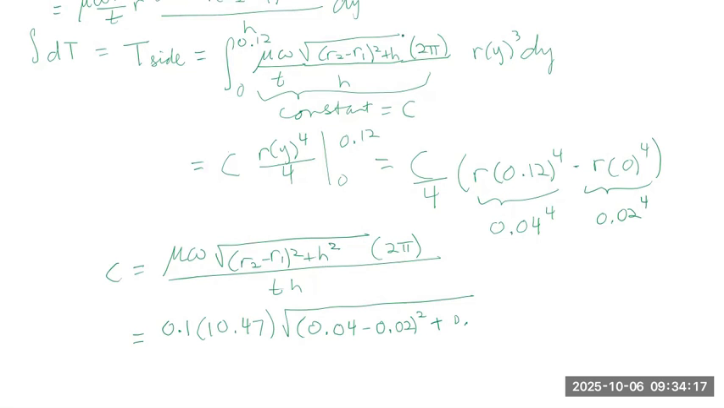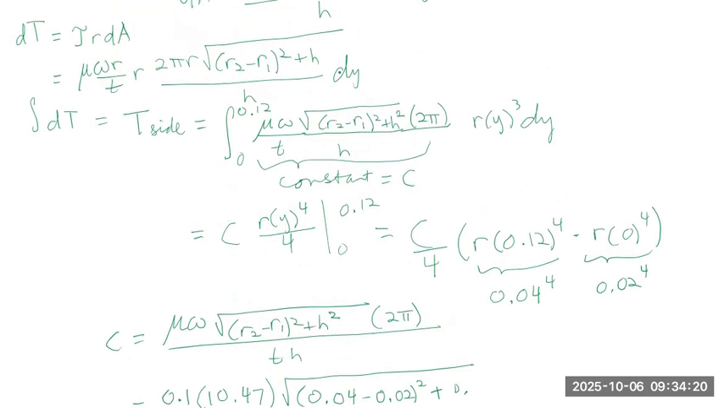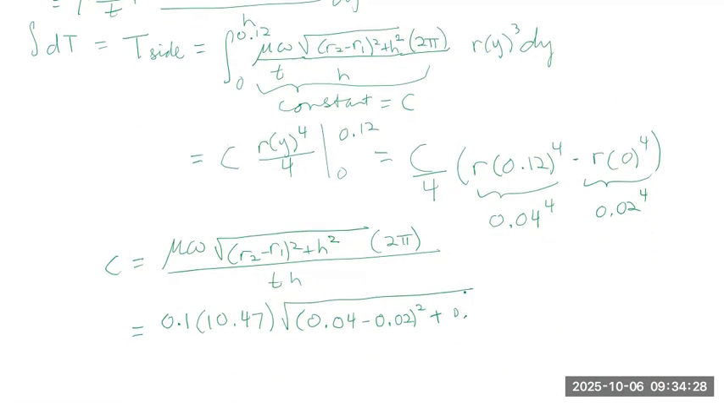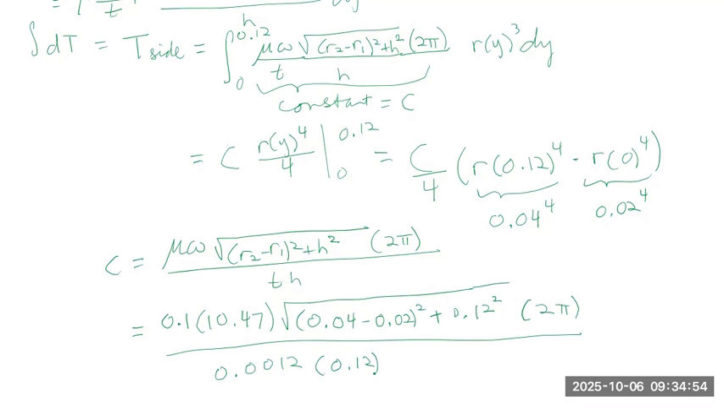Sorry, this one is actually supposed to be squared because of the Pythagoras theorem. You must have missed that part. Yeah, I wrote it here, but I don't know why I didn't carry it over. 0.12 squared and multiplied by 2 pi. And the thickness is going to be 0.0012, and the height is going to be 0.12 meters. So calculating C, we have that C is equal to